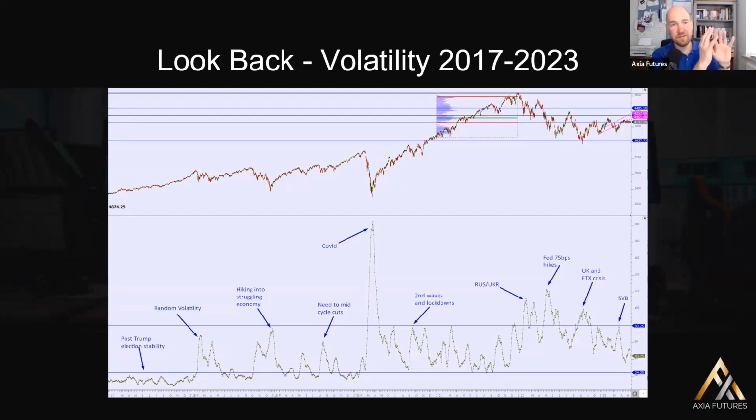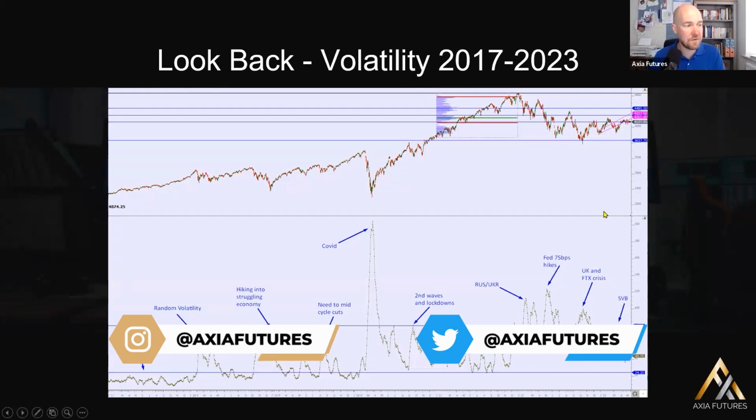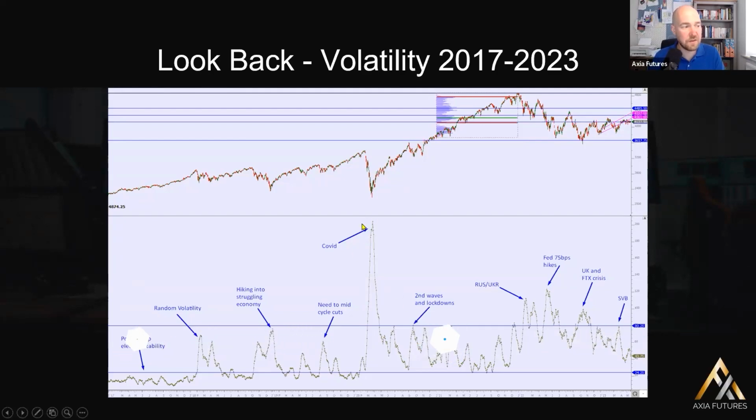So what I've got here, this is an S&P regular trading hours session with an ATR underneath. What the ATR I've used to illustrate is how big a movement you can start to expect. I know that an ATR is a volatility indicator. I've tried to highlight a few of the different things that have peaked the ATR up in recent times. 2021 arguably was the lowest volatility that we've seen for quite some time. Certainly since COVID, this was crazy levels of volatility.